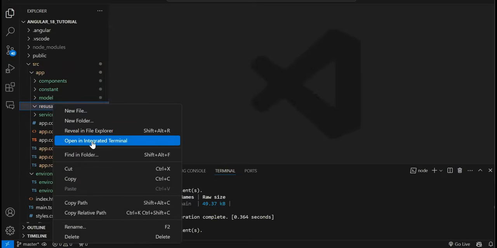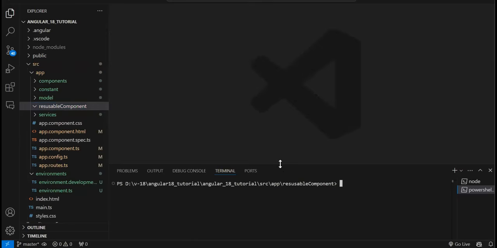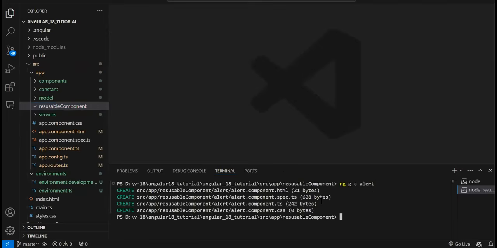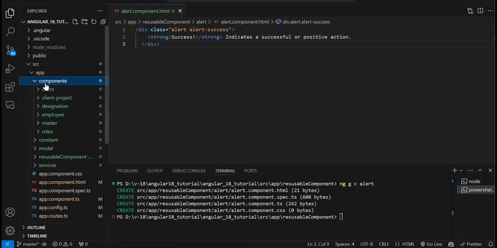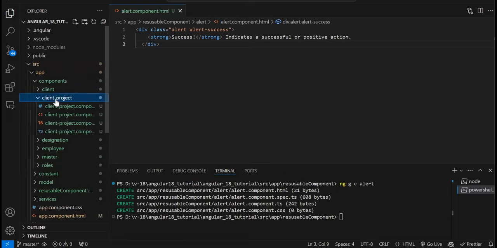Right click on the reusable components folder, open in a terminal. Let's create the component: ng generate component alert. Let's enter. It will create my component. Now in that component, I have to put this HTML code. Let's put it over here. Fine. Now this alert box component, I will try to use in, let's say, my client